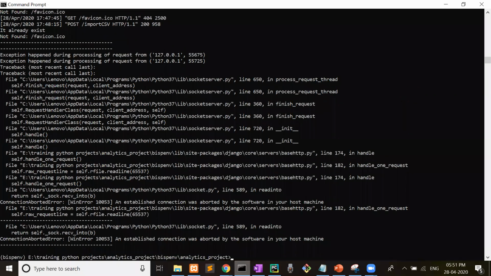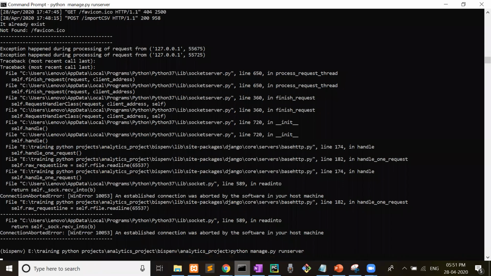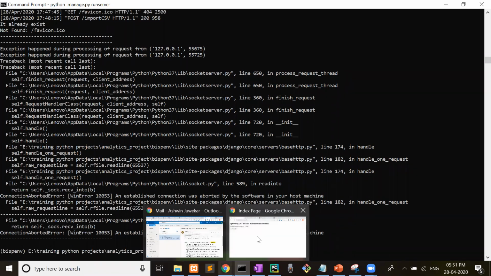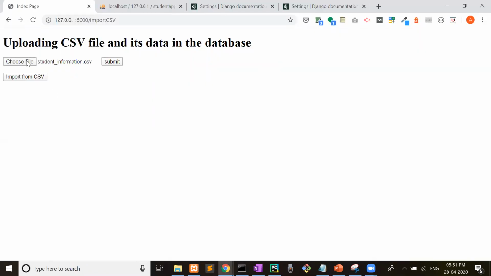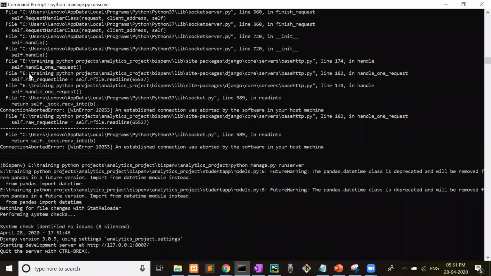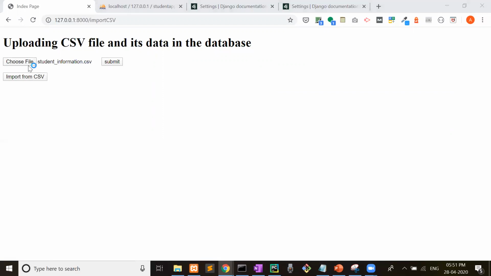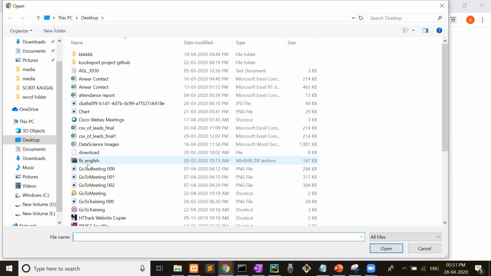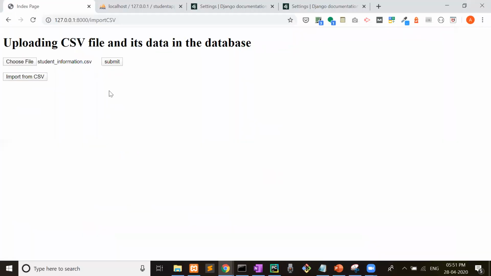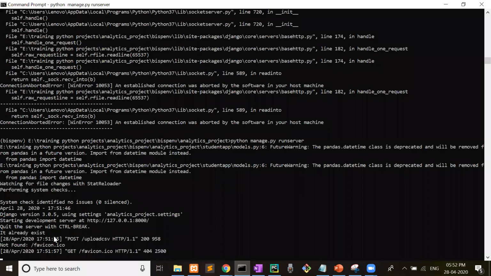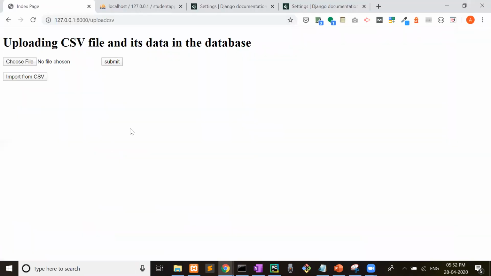Control C. Again, we will upload this file. Now see, it says the file already exists. So in this way, the file will not be uploaded repeatedly.